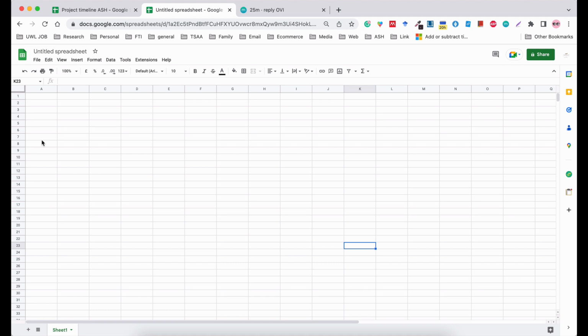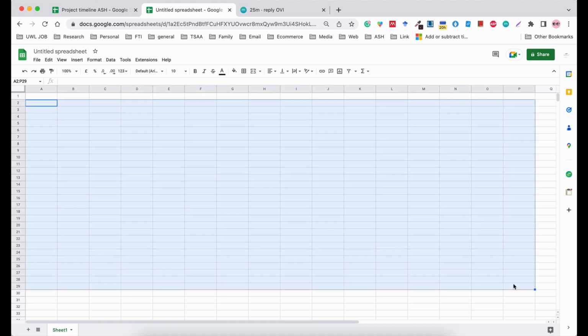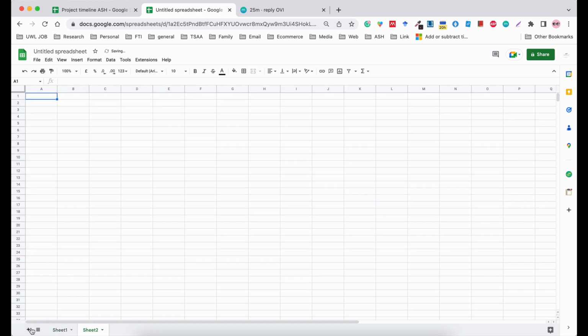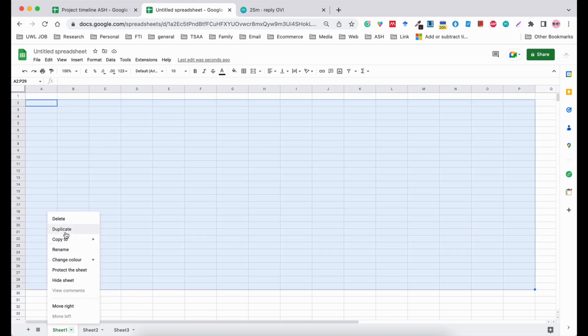This here is my workbook area, or my worksheet area. The bottom bar is my sheets, that is the pages on my particular workbook. This one says Sheet 1. If you click on the plus, it says Sheet 2. If you click on the plus, it says Sheet 3, and so on and so forth. And I can also name my sheet by right clicking on that, and I would rename it as I would say